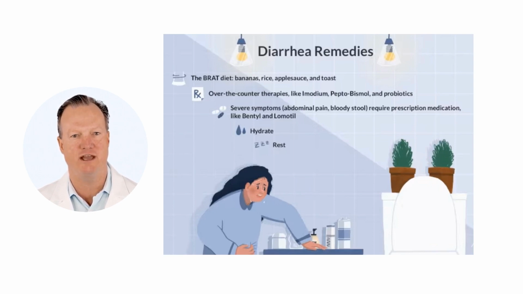Adjusting medications you're taking. If your doctor determines that an antibiotic caused your diarrhea, he or she might lower your dose or switch to another medication. Treating underlying conditions is the most important step of treating chronic diarrhea. If your diarrhea is caused by a more serious condition, such as inflammatory bowel disease, your doctor will work to control that condition. You might be referred to a specialist, such as a gastroenterologist, who can help devise a treatment plan for you.